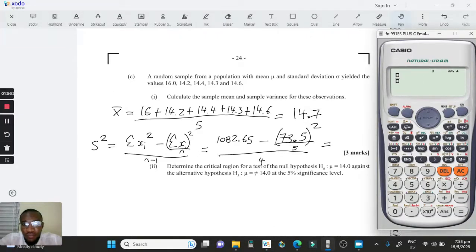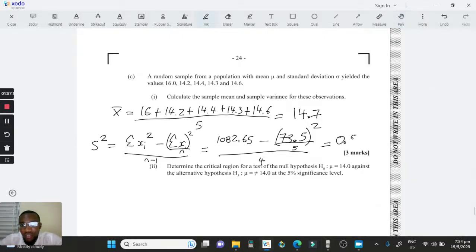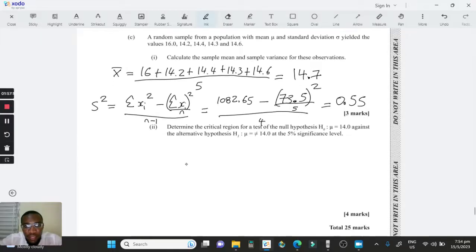Fraction button, 1082.65 minus fraction button, open bracket, 73.5, close the bracket, squared over 5, over n minus 1. And this is our answer. 11 over 20 is the variance, which is 0.55. Now it says determine the critical region for a null hypothesis against the alternate